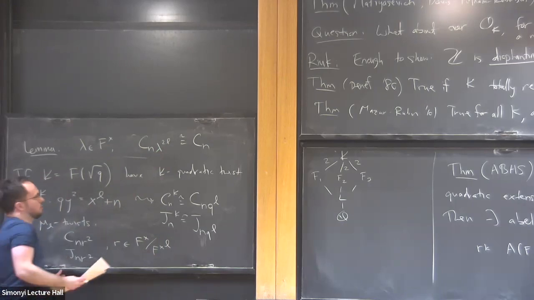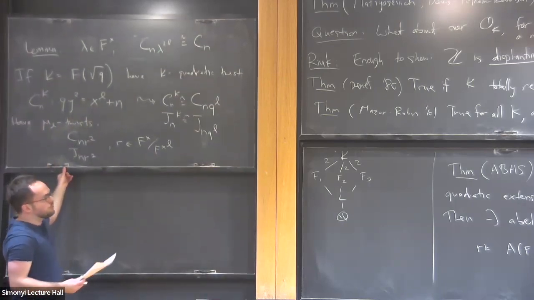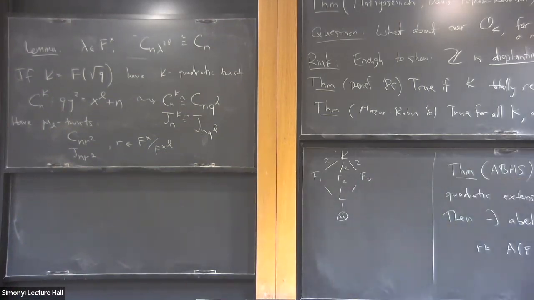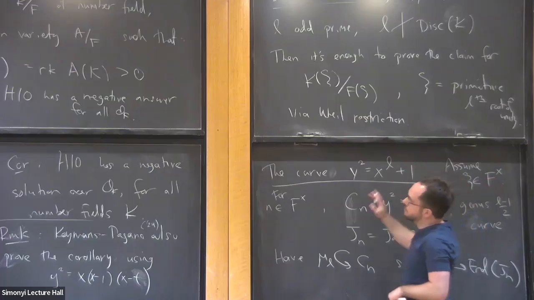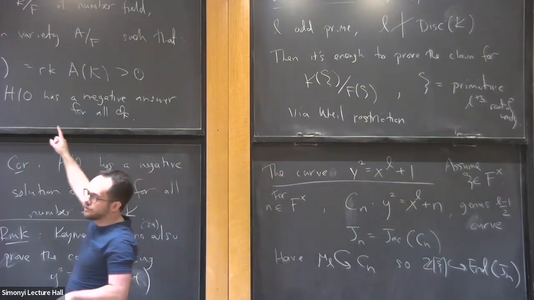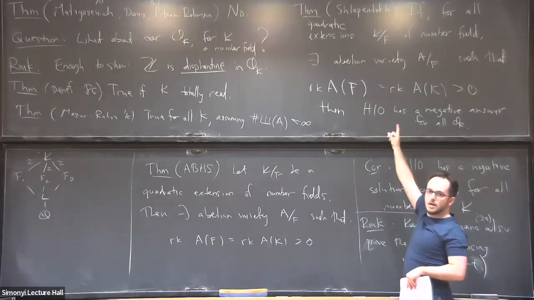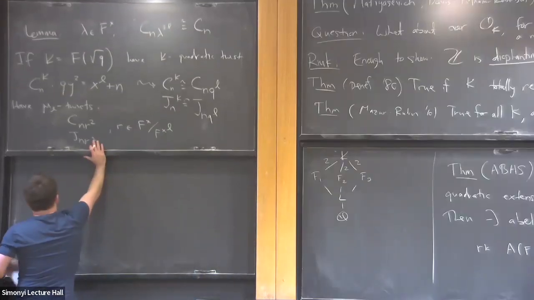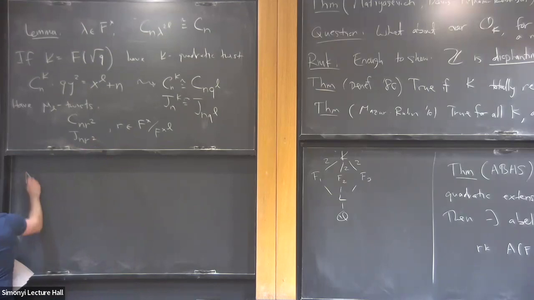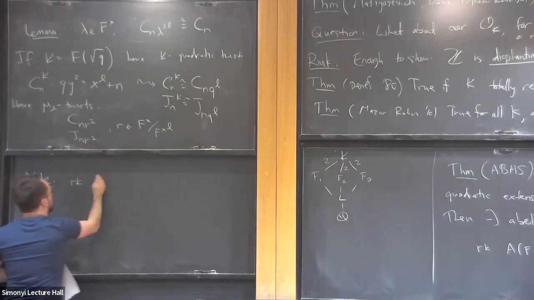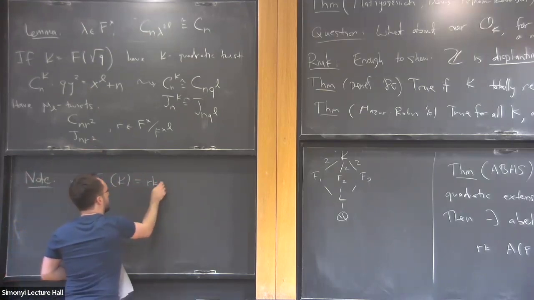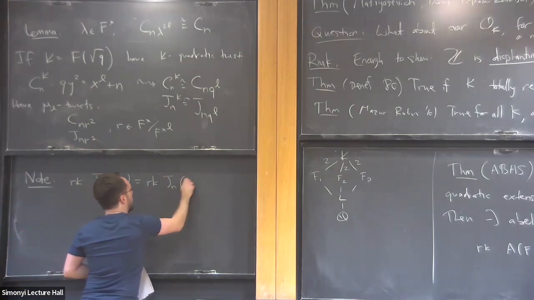So far I haven't started the proof over this field. I'm just talking about the curves. Eventually, we're going to need to choose a very particular abelian variety with this type of condition. And the main point at the end of the proof will be this very well-known fact about quadratic twisting, that the rank of J_n over K is equal to the rank of J_n over F plus